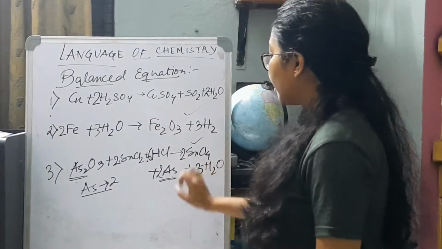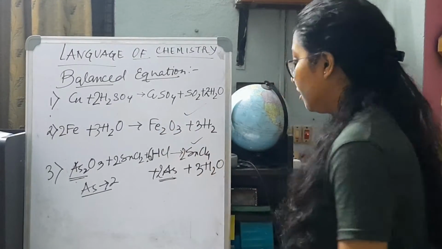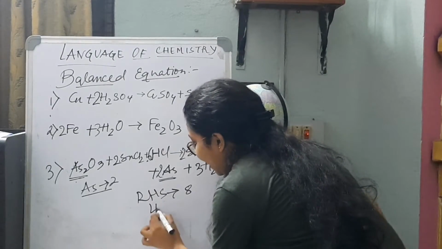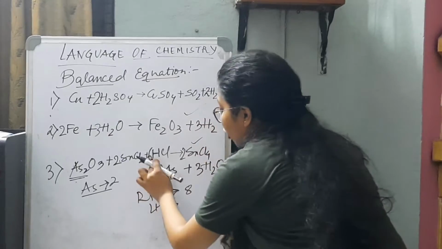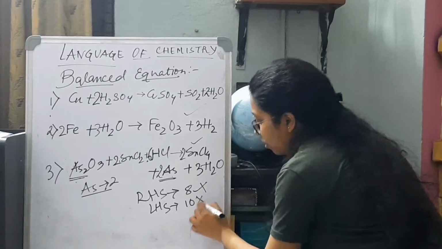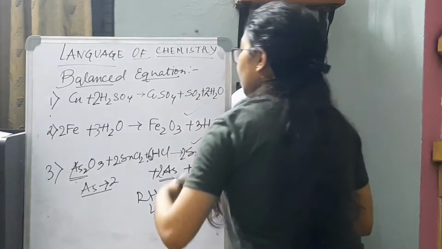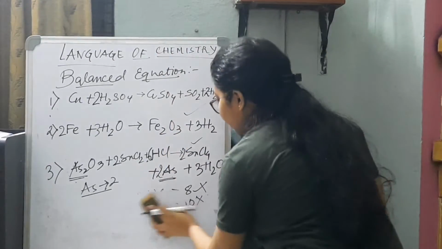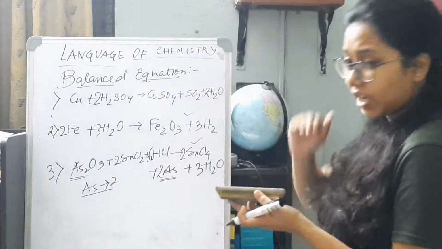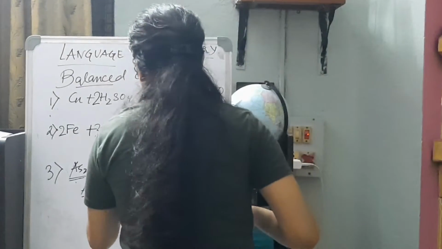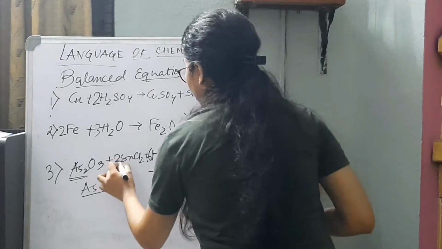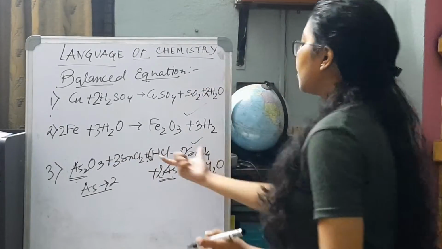But see the chlorine, 8 is on this side, okay. RHS is having 8, but LHS unfortunately has 6 plus 4, 10. So that wasn't working. Let's shift the number. Let us see if it works with the next value. This is also a trick. If it is not happening the first time, try the next higher value, okay. So the next higher value is 3. The moment we put in 3, Sn is already balanced.